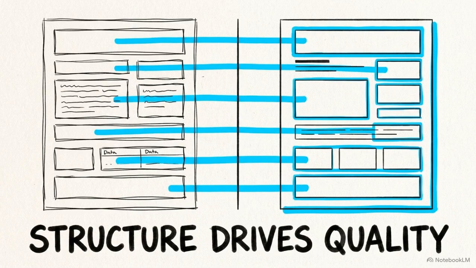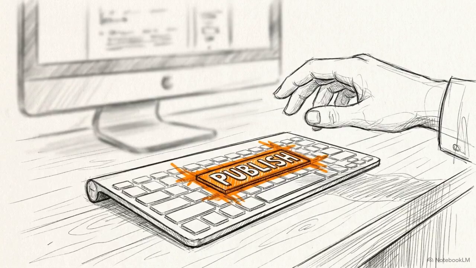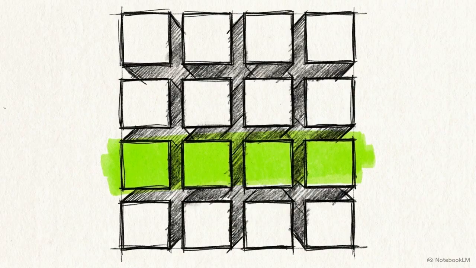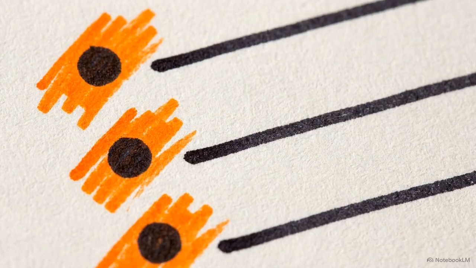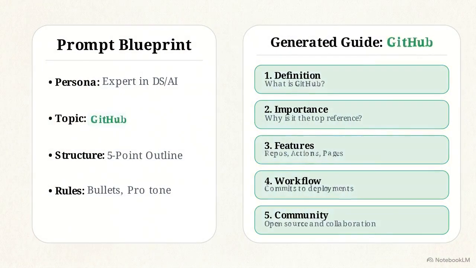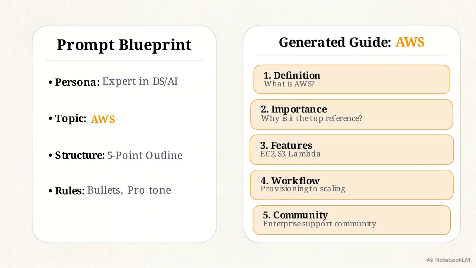Engineered inputs guarantee engineered outputs. You now possess a highly structured, expert-level guide to Kaggle that is ready for publication with only minimal refinement. The successful formula relies on 3 distinct pillars: define the persona, structure the request, and dictate the formatting. This template is entirely modular. Swap out the word Kaggle for GitHub or AWS, and you will yield an identically structured, expert-level guide for those